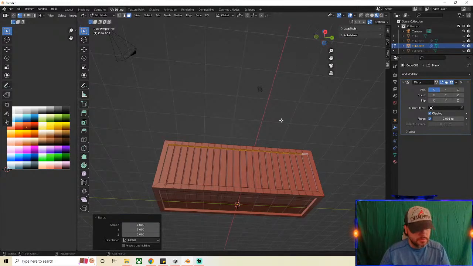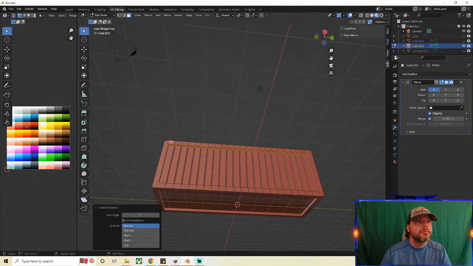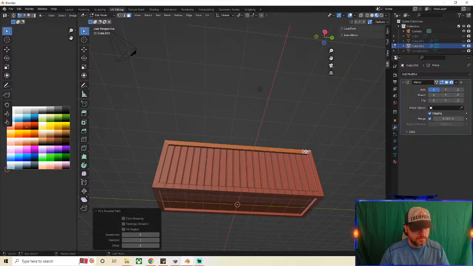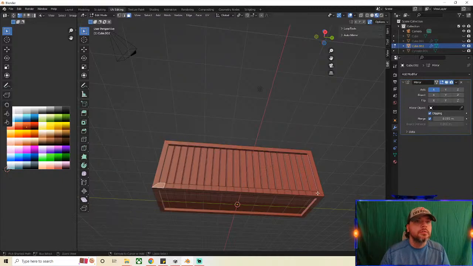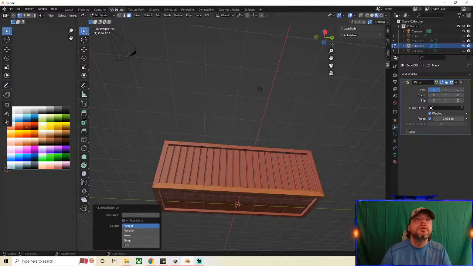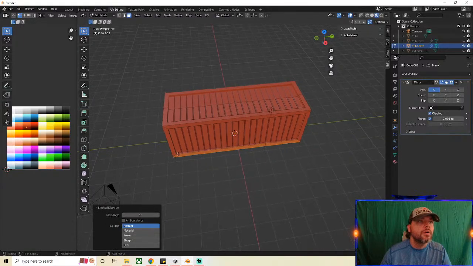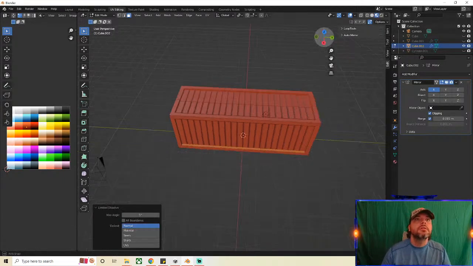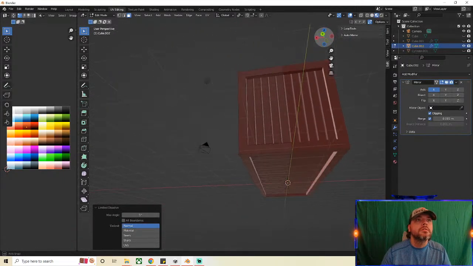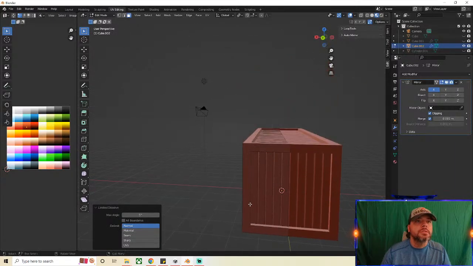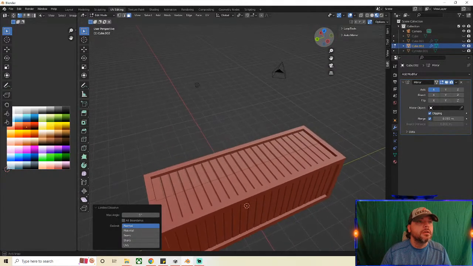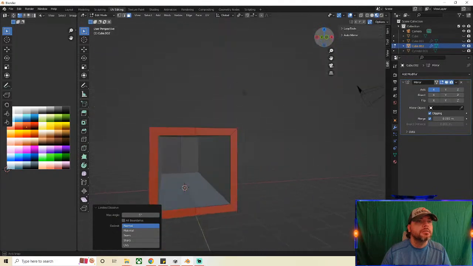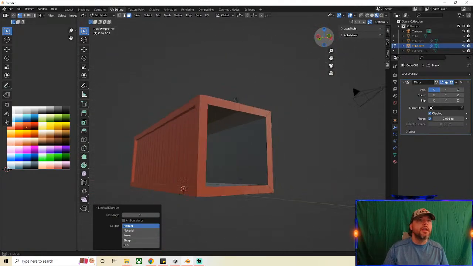Actually, I can do X limited dissolve. X limited dissolve. And we can simplify this structure even more than it already is. X limited dissolve. And then because those cut the way they did, I don't have to do a limited dissolve there. And don't have to worry about it up there. Alright, now